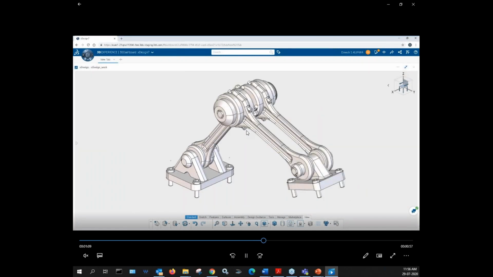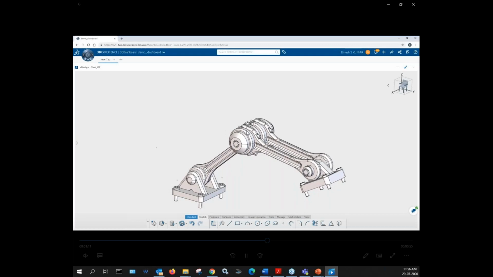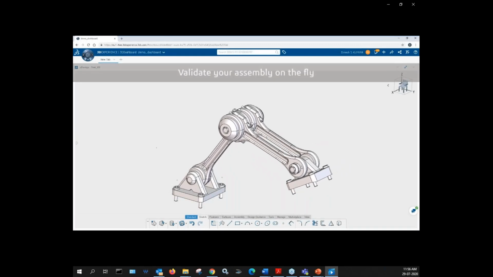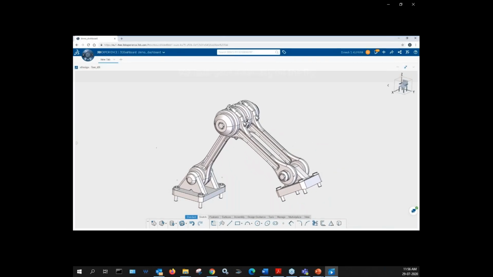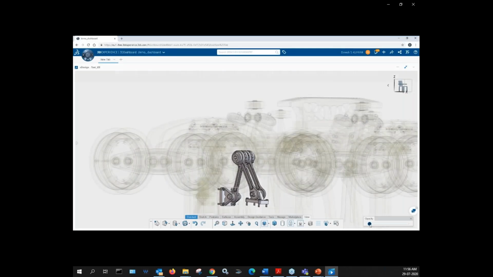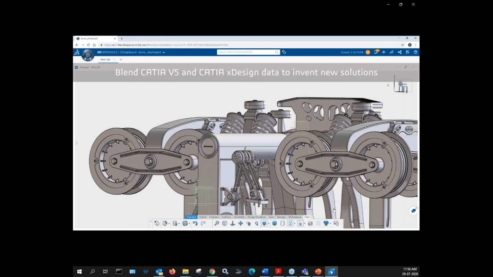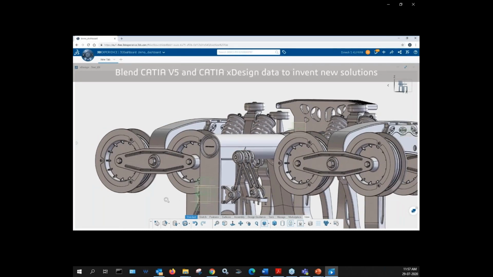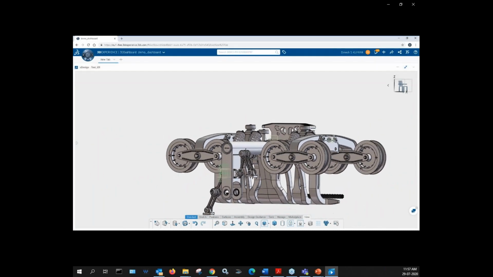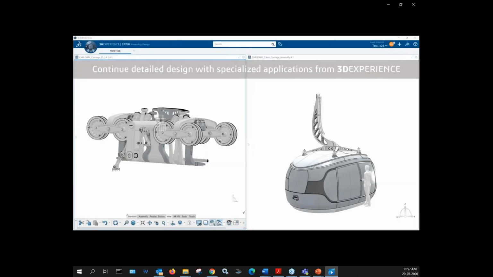So here he is validating the complete assembly on the web on the fly. Then he blends the CATIA V5 data and the XDesign data, whatever he has created on the web, and starts simulations.